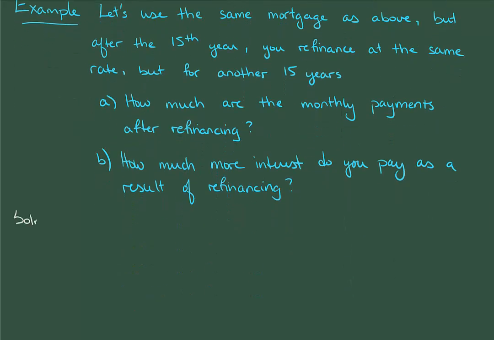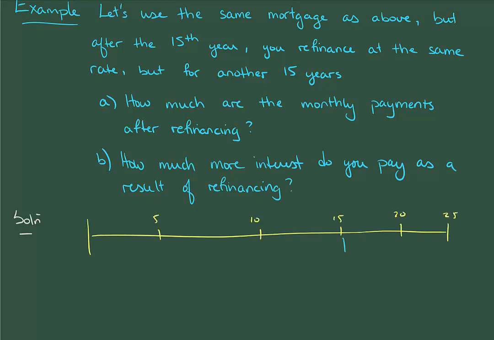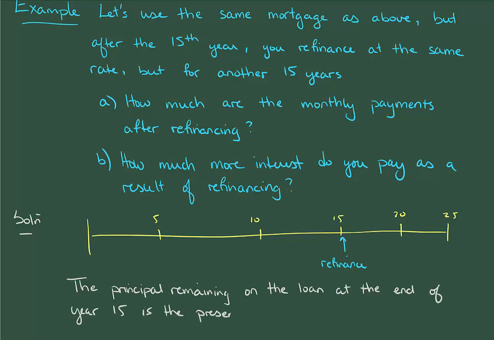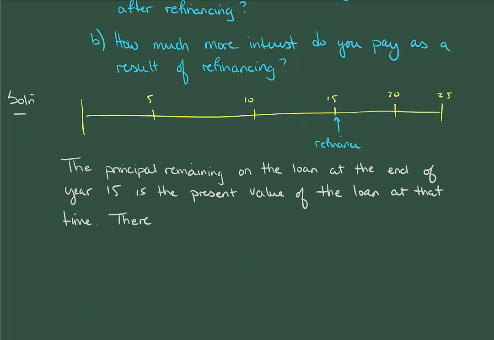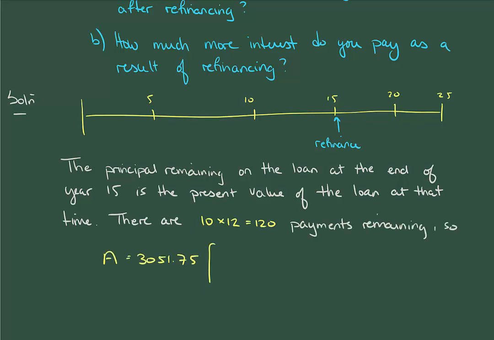The timeline here won't be important, but it'll serve as a nice visual aid, so I'm going to include it anyway. Each tick mark is going to be 5 years, and we know that we're going to refinance at the 15-year mark. We already know the value of a loan is the present value of the annuity, and this is still true at the 15-year mark as well. The amount remaining on the loan is its present value, only now the present is at the 15-year mark. We have 10 remaining years on the original loan, that's 120 more payments. So if we throw everything into our present value formula, but this time use an exponent of 120,